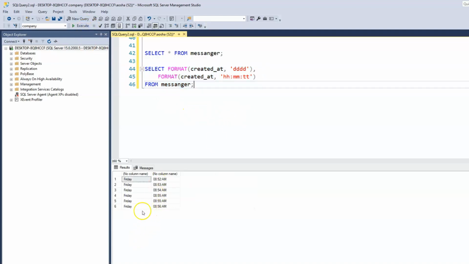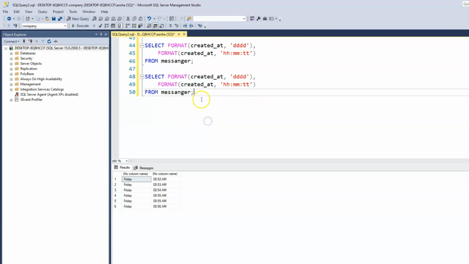So right now it just says Friday and we have the time. We want this to be in the same column, right? So we have to concatenate these two columns. So to do that, because I'm taking it one step at a time, it's just a little bit clean. So what we'll do is now we can add our concat keyword, and then we're going to concatenate